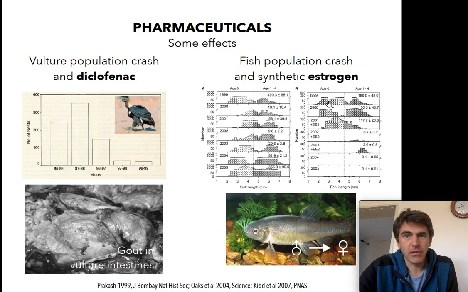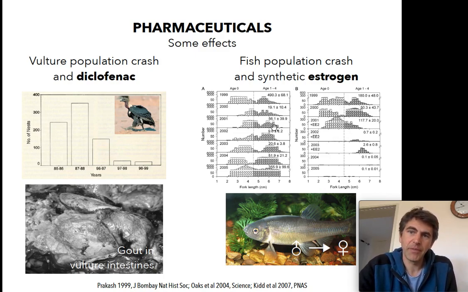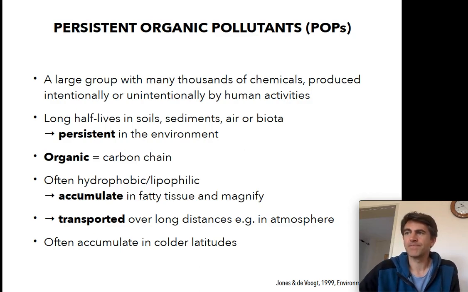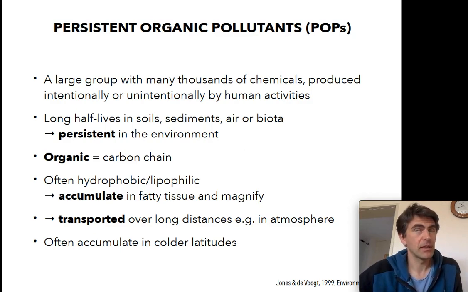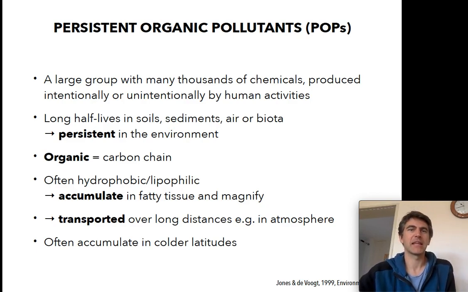I find this picture here incredibly confusing. We could now try to study it in depth and see if I can make sense of it. I can't right now, so I apologize for the fact that it's in here, but the main point is that the actual sex ratio of fish species can be affected by estrogen in waterways. Well, estrogen which is used by people and ends up in waterways, like that.